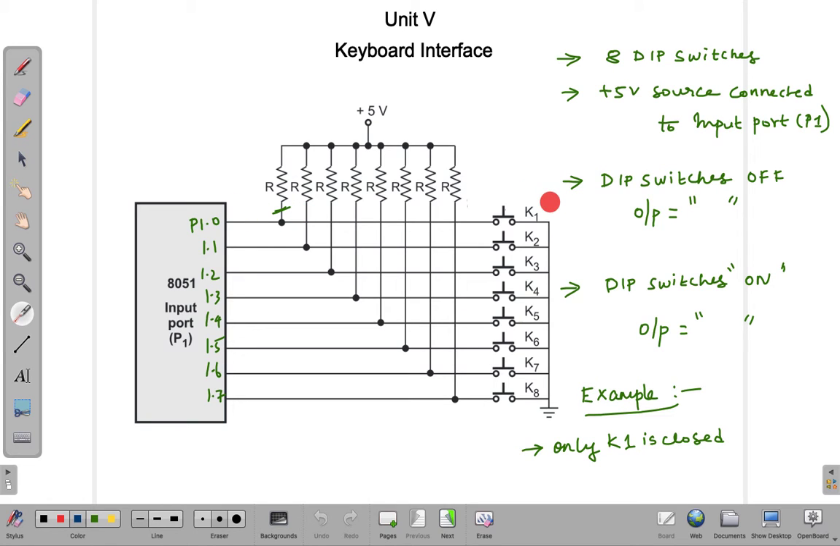When the switches are closed, for example, let us say I am closing a switch K1, now what happens is the power supply which is connected to pin 1.0 will get short circuited. As a result, no current will be flowing into the port 1.0. So this is how we are going to read whether a particular key is pressed or not. Let us try to understand this concept by writing an ALP program, which we will be discussing in the next